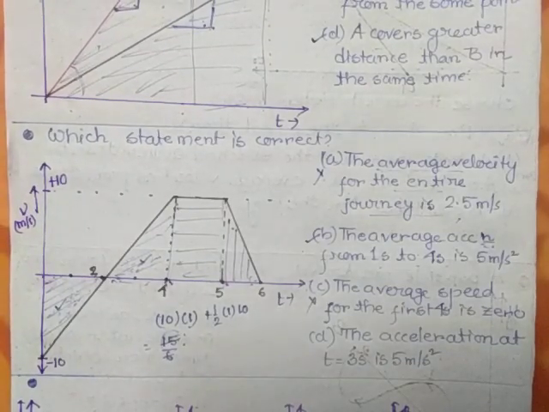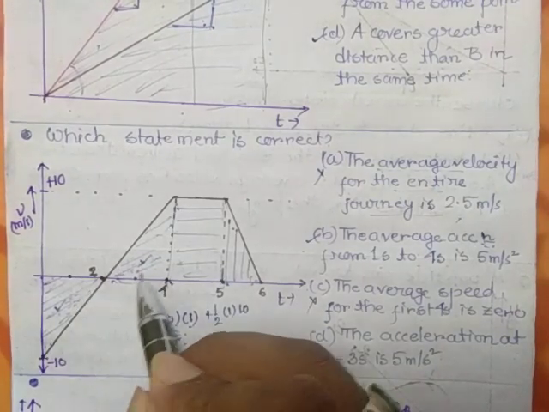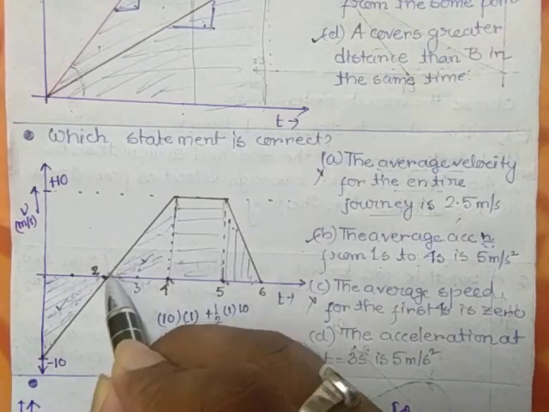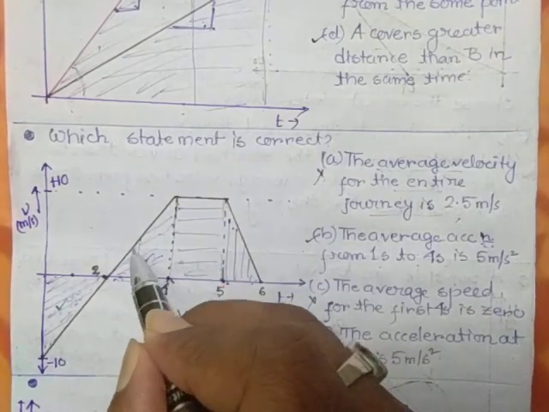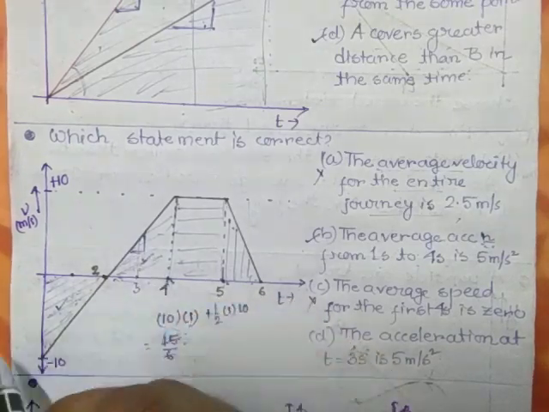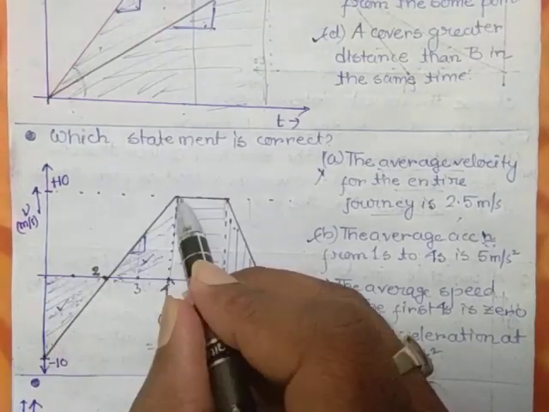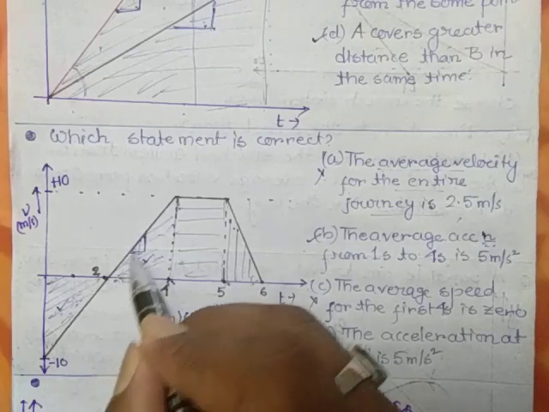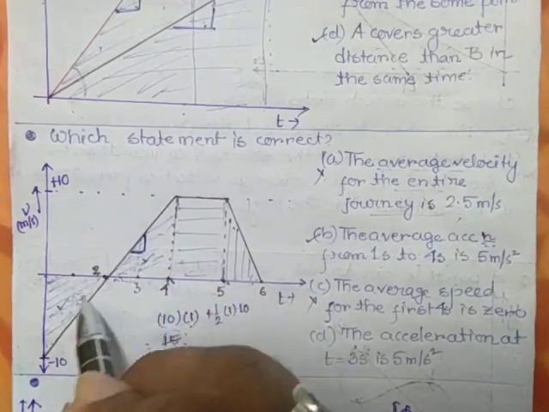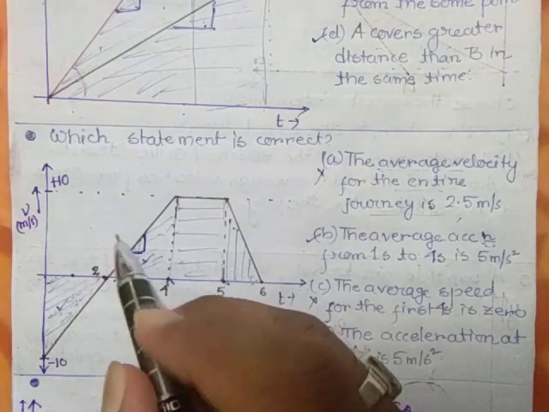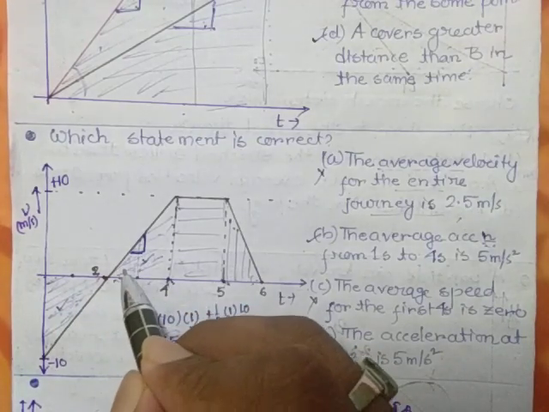The acceleration at t equal to 3 seconds is 5 meter per second square. At 3, that is, I am talking about 3. Obviously, it is the average acceleration if I consider a very small slope here. At t equal to 3 seconds, if I consider a very small slope here, and if I consider that del t tends to 0, at that particular time interval, then we get it.